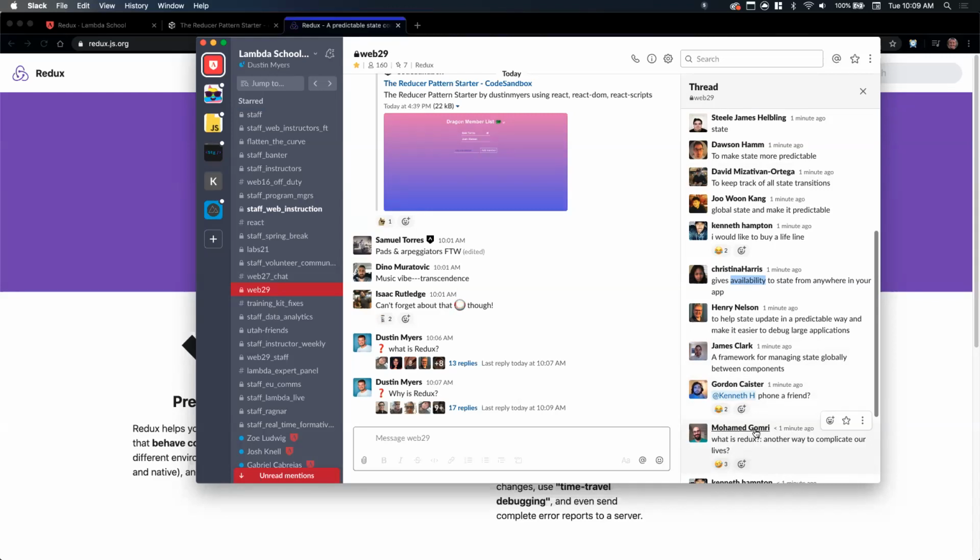So can you imagine managing all the state for that kind of platform? It would get really, really difficult really quickly. So Redux helps us to manage state at scale. Now, at scale